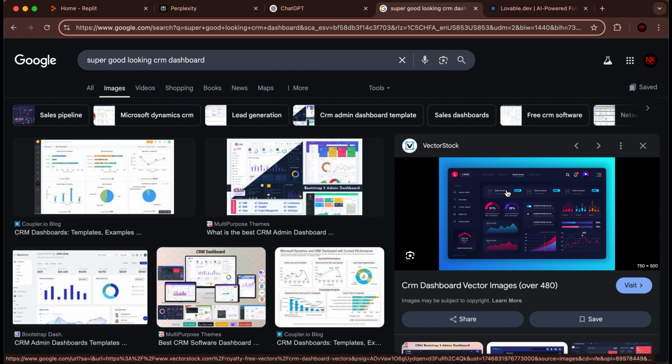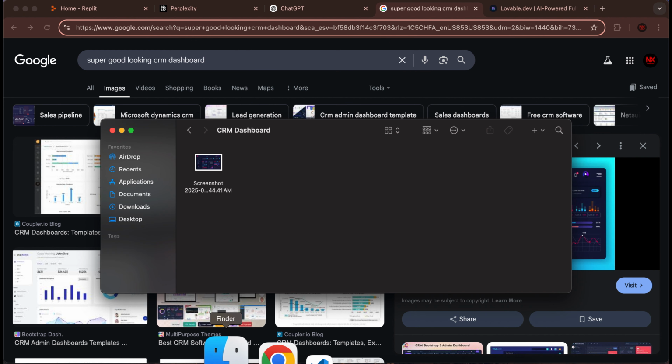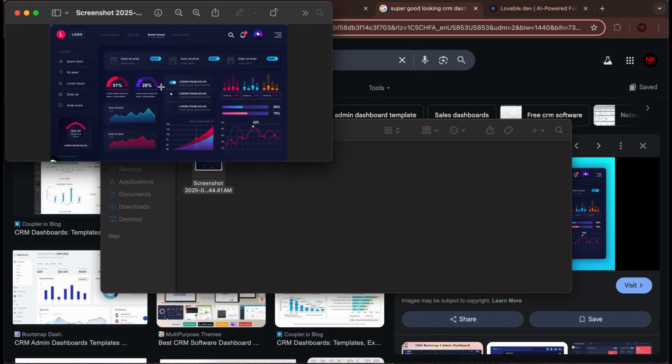I've taken a screenshot of this app that I really liked. As you can see over here, I have a screenshot of this same application that we're going to be